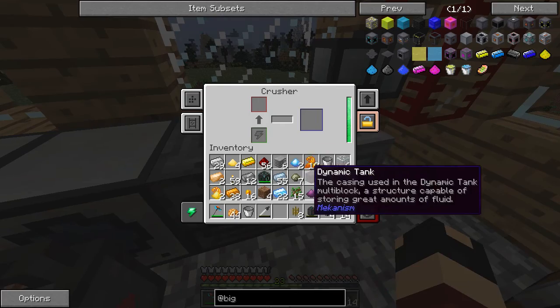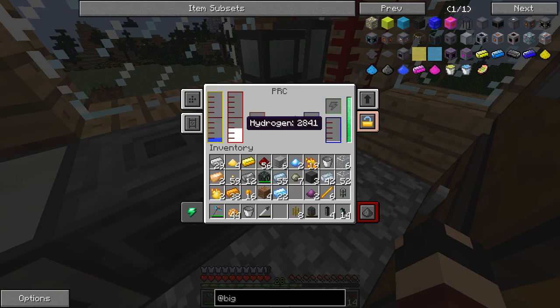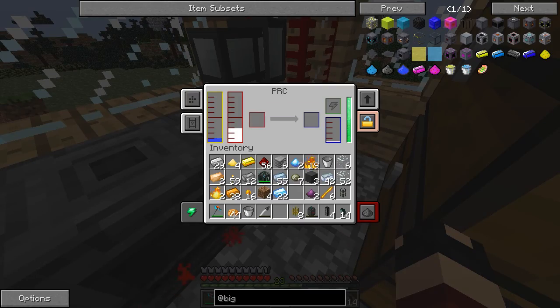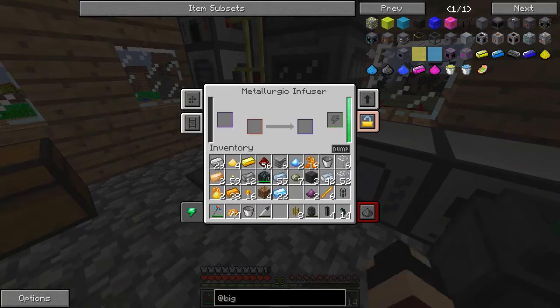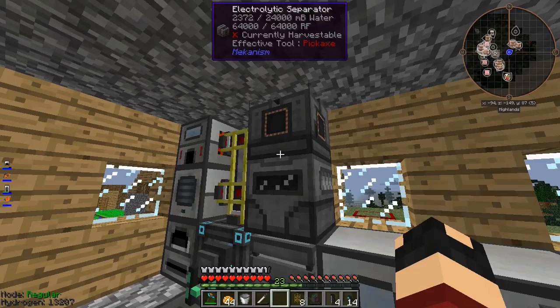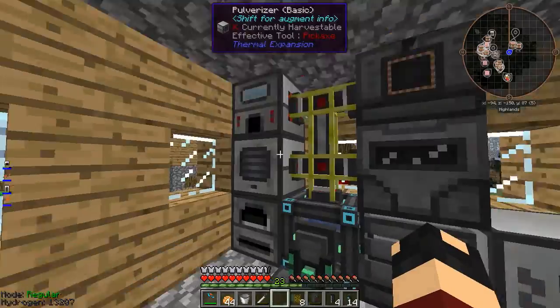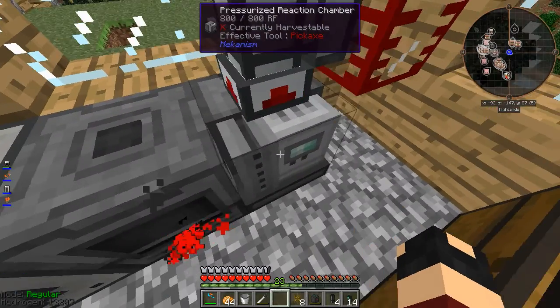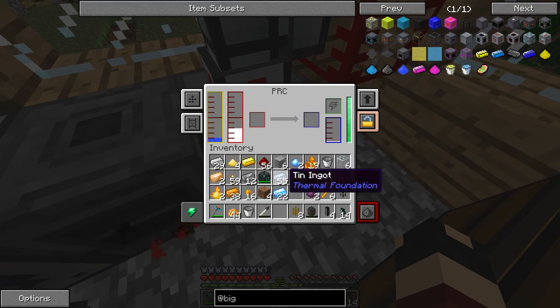I know for this machine, since it was apparently a new machine when it started out in 1.7.10, it doesn't have a dump button like the rest of the machines do. Not a dump button, but it's understandable because it's just a normal thing. Those are completely different mods, but you see what I mean. It doesn't have a dump button that we can use, so we're just going to have to burn through all